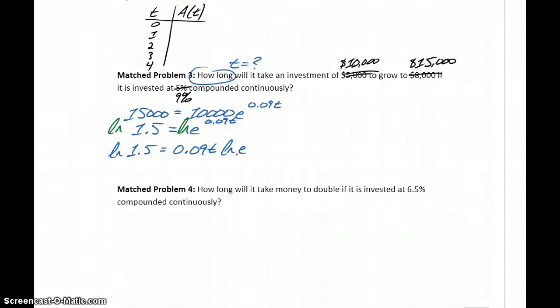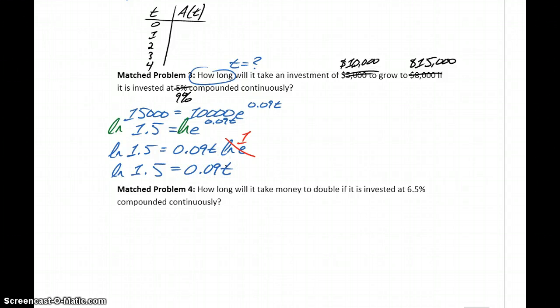So even though this sort of looks similar to the power rule that we established for derivatives, this isn't a calculus step to get from here to here. It's just an algebra step. Properties of logarithms say if we take the log of some base raised to a power, we can rewrite that by bringing that power down in front as a factor. Hopefully we also know that the natural log of e is always just going to be 1. So that cancels out, leaving us with the natural log of 1.5 equals